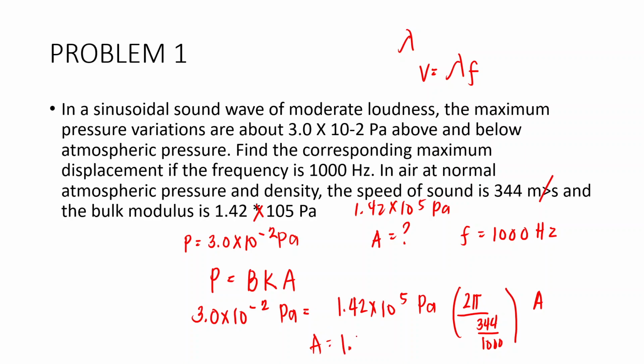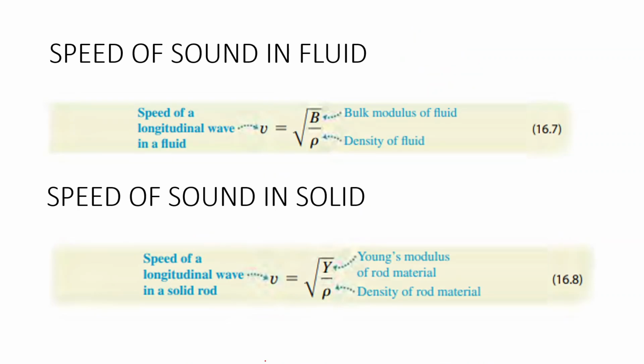1.2 times 10 raised to negative 8 meters. Okay, so this is our final answer. Next, speed of sound in a fluid can be computed as square root of the bulk modulus of the fluid over the density. Speed of sound in solid can be computed as square root of Young's modulus of the material over the density